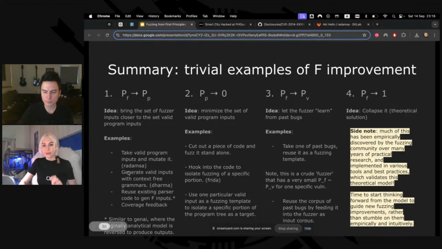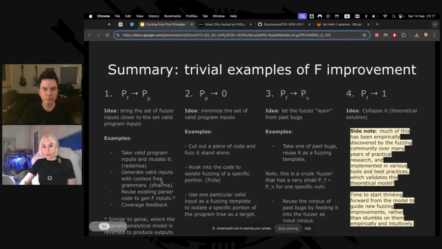The next technique that we can use is to generate valid program inputs with context-free grammars. And the tool that I want to reference here is Dharma. Dharma is another kind of super fundamental tool that is also very old, at least 10 years old, I think. And it's still very actively supported and quite popular. And this tool is genius.